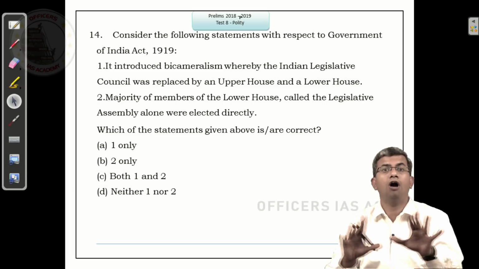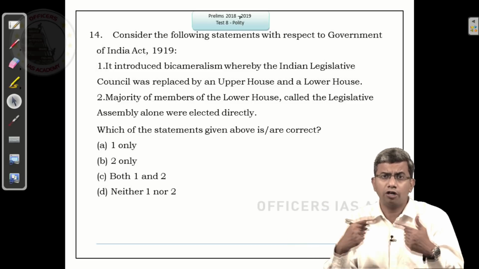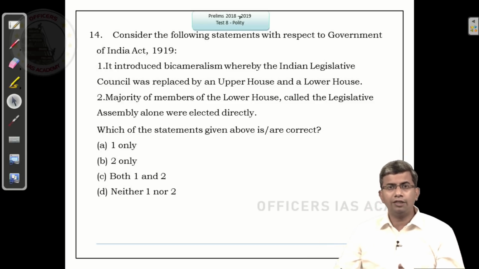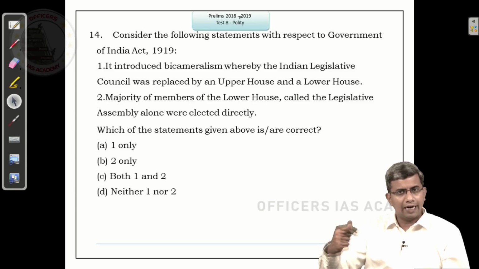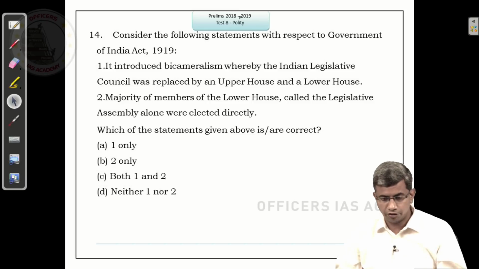So, this is the broad framework which you should be aware of. But of course, the additional nitty-gritties, important salient features of the acts, you should be well versed with the salient features. And that is given as part of the explanation. Please read it because there is definitely a question which comes every year in the UPSC from these areas.